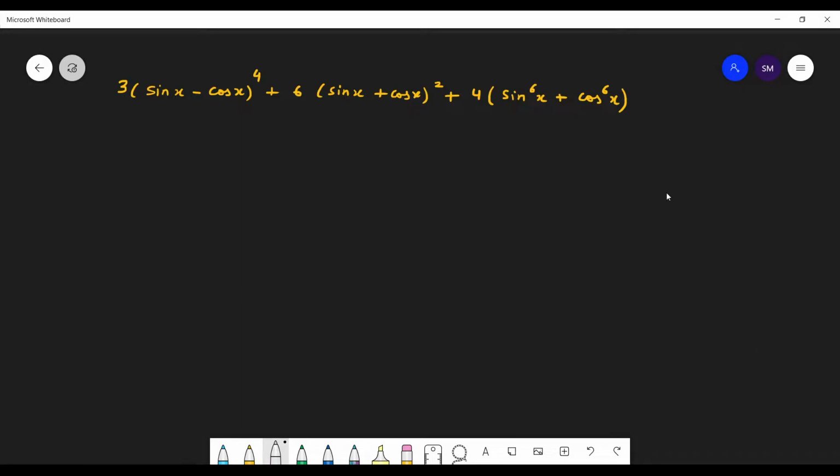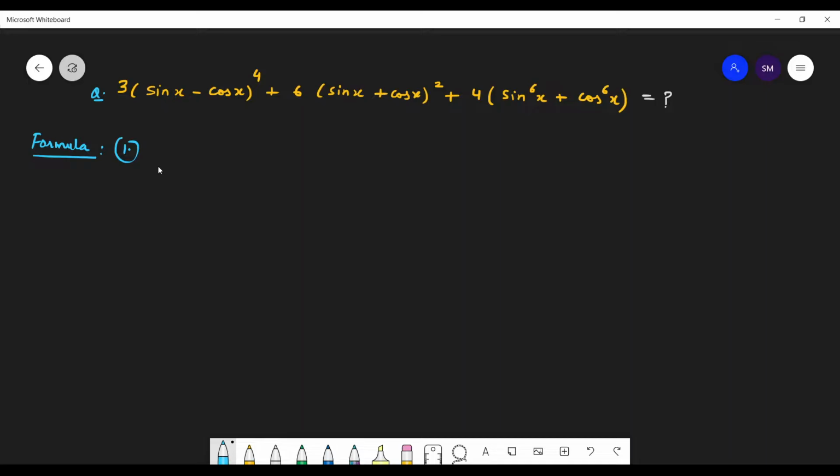So we have to find the value. So before solving this question, let us see some formulas that we must know before doing this. So starting with very simple formulas like